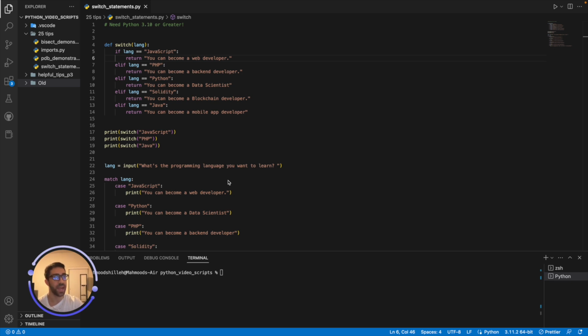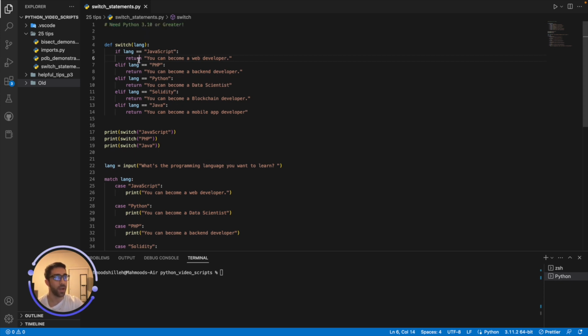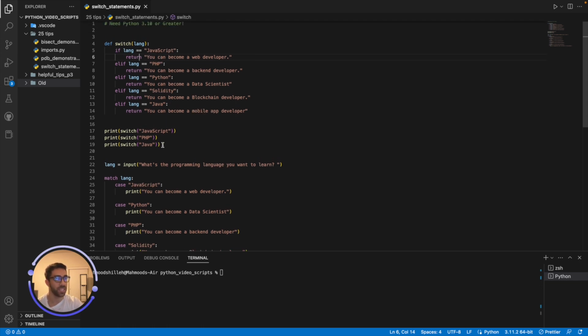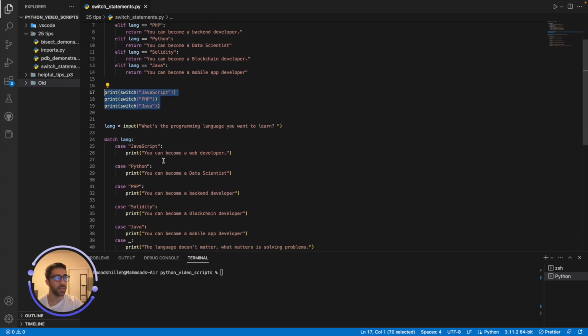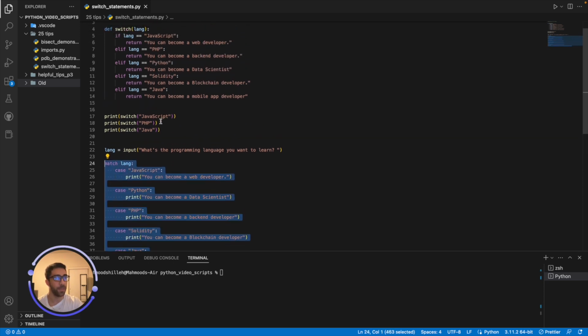So in this example that I have here, I have a simple function that originally uses sort of the old logic before Python 3.10, where we were passing in a value and we wanted to do a bunch of if conditions, and if you get a specific match, you're going to return a specific statement that you're going to print here. Okay, so we just have 3 calls to that function. We run it, whereas in the second block of code here, it's essentially the same function,